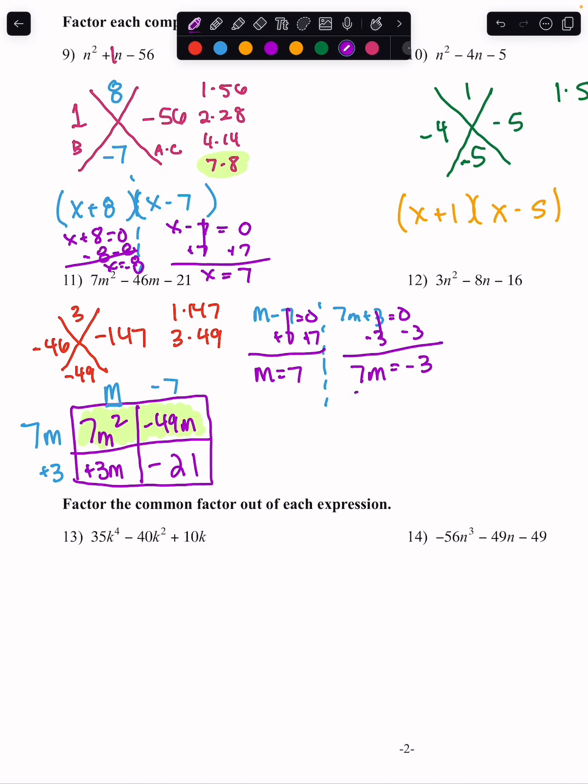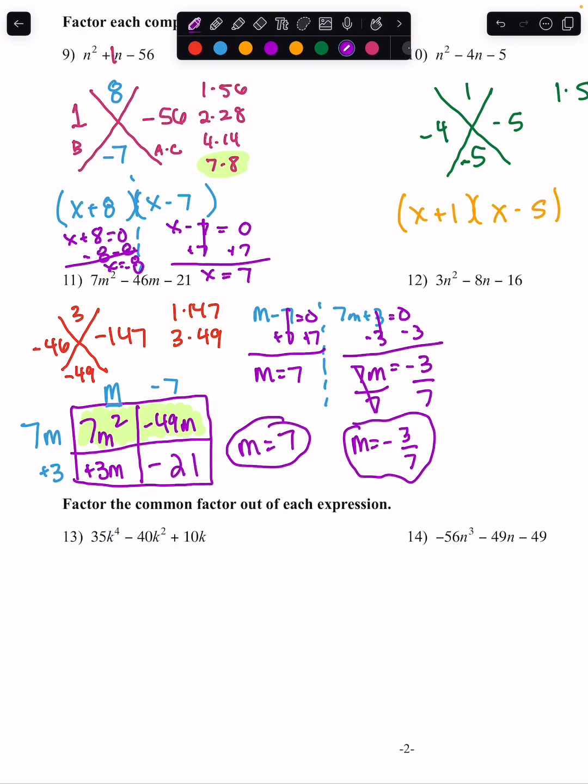So we did that first. Now you have to divide by 7. Divide by 7. And m equals negative 3/7. And then m equals a positive 7. Now, don't forget, when you want to check and make sure you did it right, you're going to want to